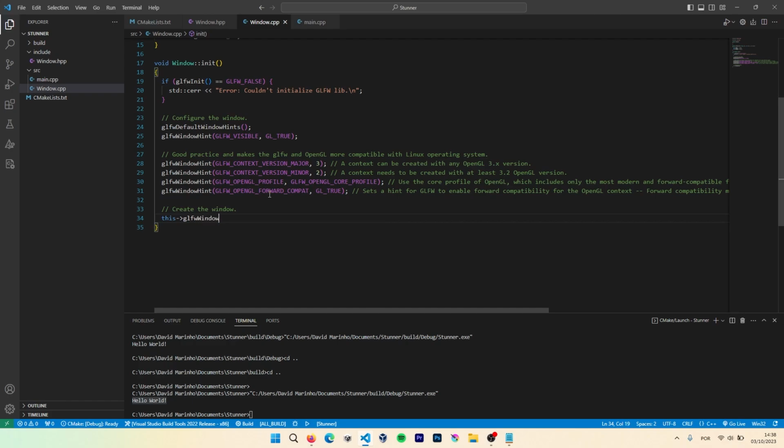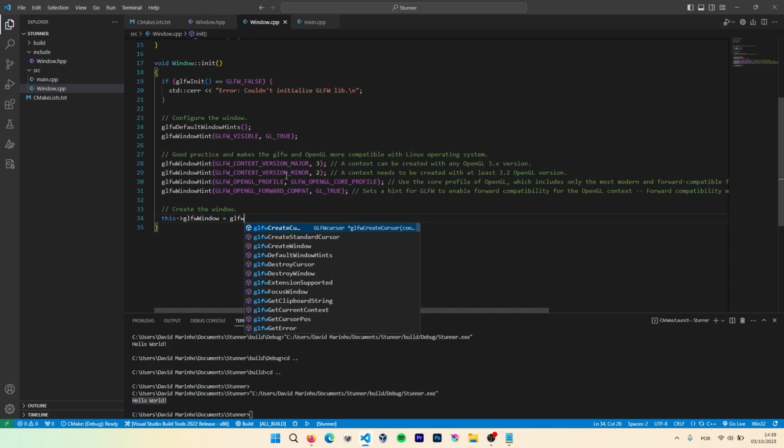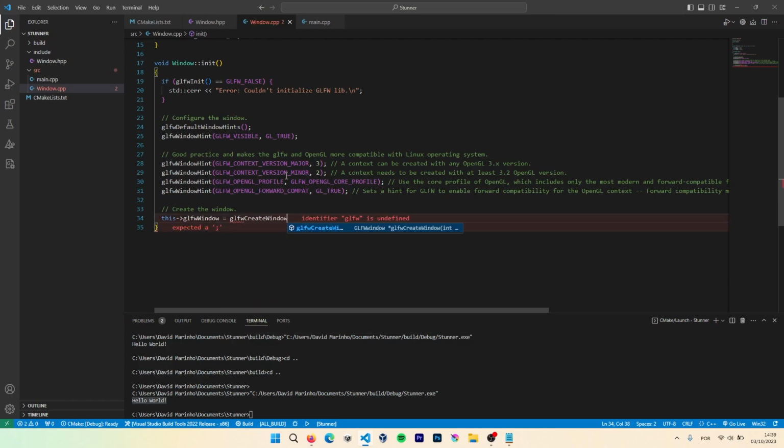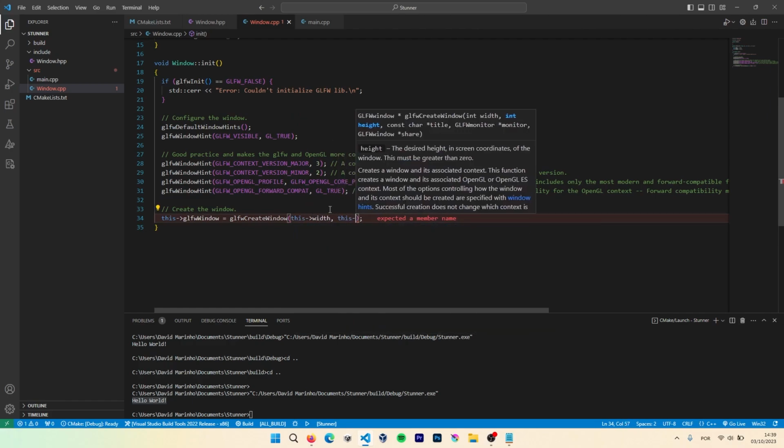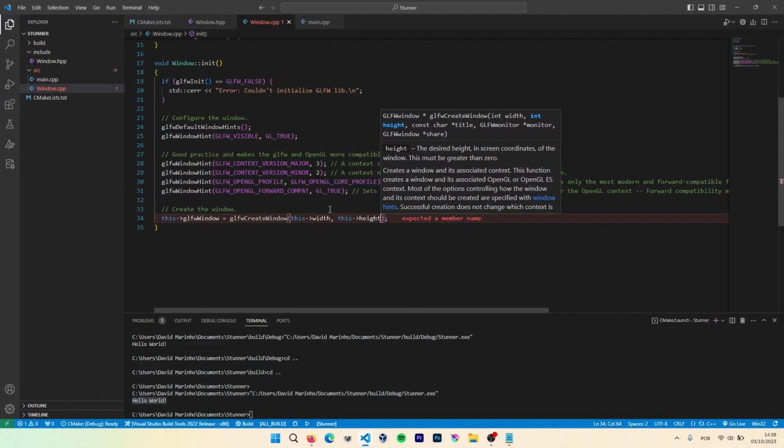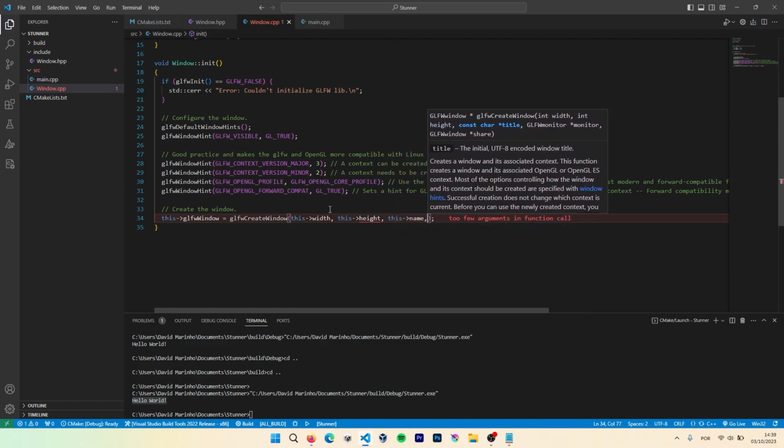GLFW window will receive GLFW create window, and we have to put here the width of the window, the height of the window, the name of the window, so it's the window title, and we need to put here,